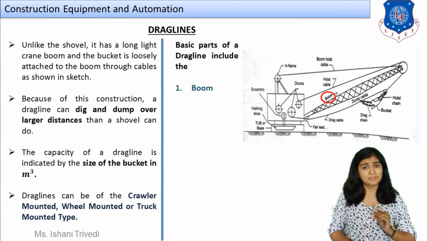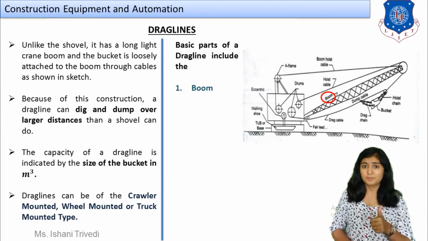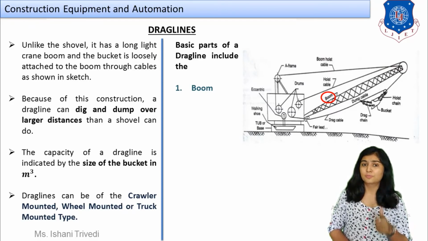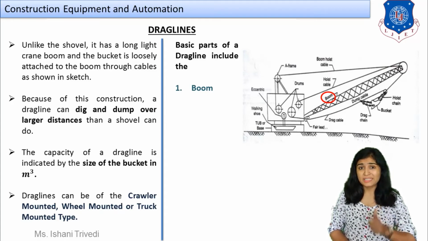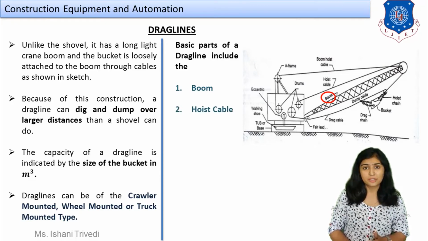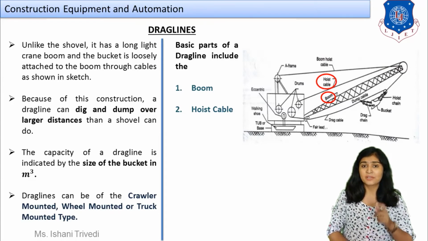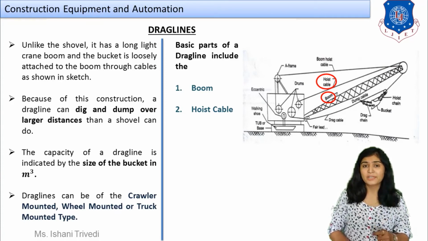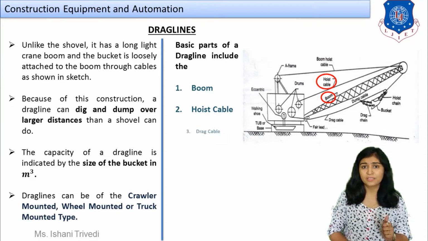Just like we did in the power shovel, we are going to discuss about the parts of the drag line. So first part is boom stick. Here instead of boom stick, we are going to have a boom crane, long boom crane. Can you see it is highlighting right in front of you in the sketch? Yes, we can see that. So that is your boom crane. Next we have is hoist cable. Can you see it is highlighted in front of you? We have a hoisting cable. Hoist cable will be attached with the crane, and one end will be attached with the operating chamber, and because of this hoist cable, the hoist chain will be connected to the bucket.